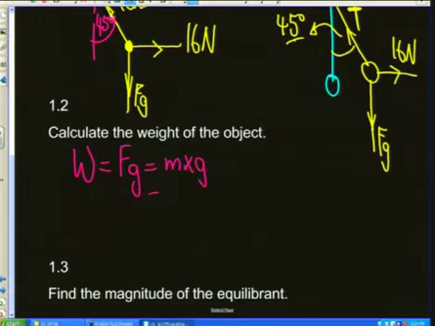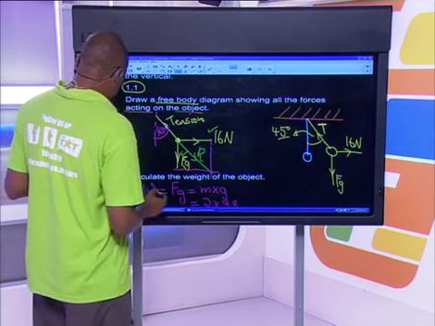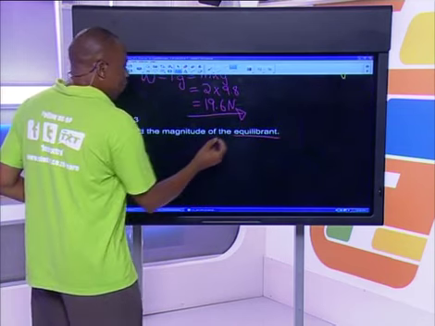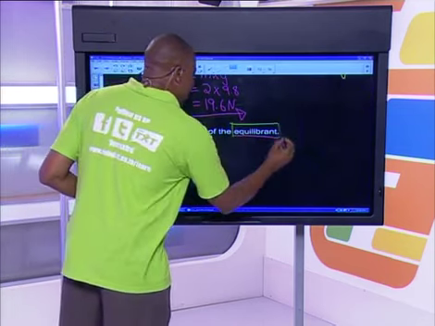Now, if I come back to this diagram here, I can say that if I complete the parallelogram like that, which is as good as coming up with a tail-to-head method, I will find the resultant of the two forces, which is that force and this force, the weight. But what do I know about the resultant? The resultant is always equal in magnitude to the equilibrant. So I would have actually answered this question if I find the resultant. I would have answered what is the magnitude of my equilibrant.